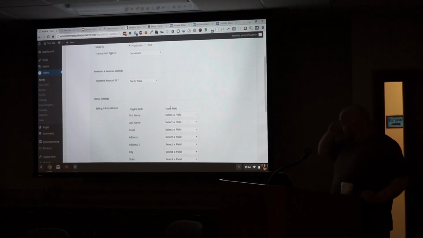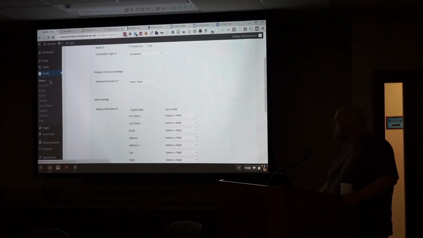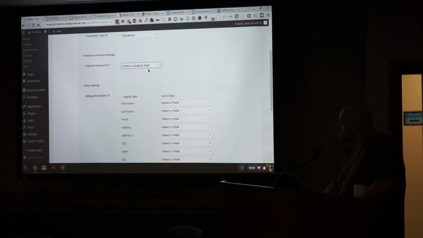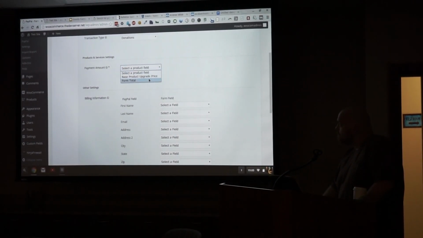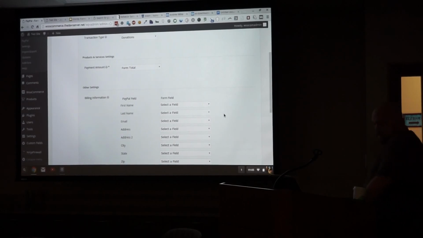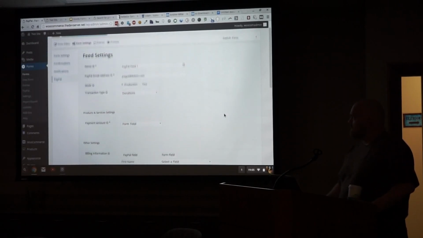So yeah, I guess the simple form, try this one on. No, still there, first name. No. We'd have to go through and build a form that would be compatible with it, but basically configuring it,